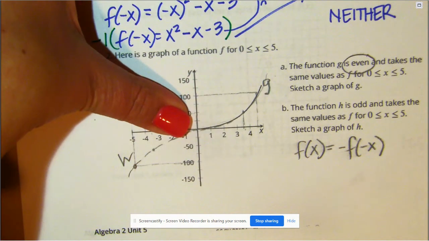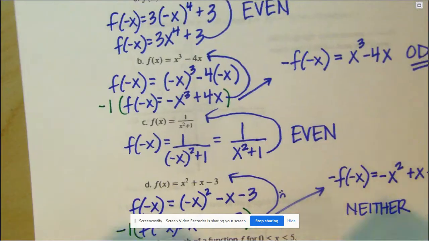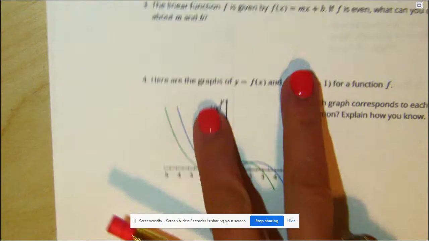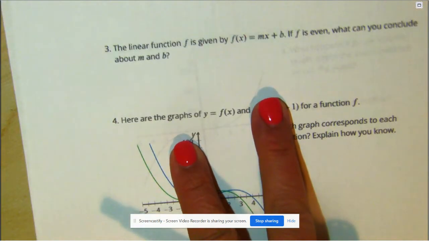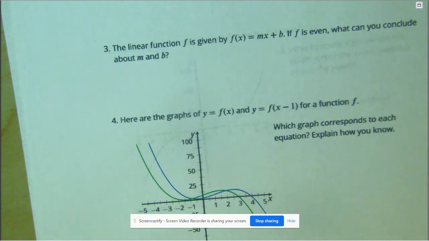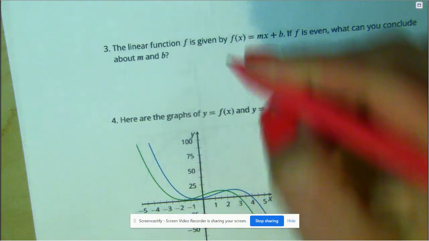H is odd. All right, moving on. Number 3. The linear function f is given by f of x equals mx plus b. If f is even, what can you conclude about m and b? So if you remember from algebra